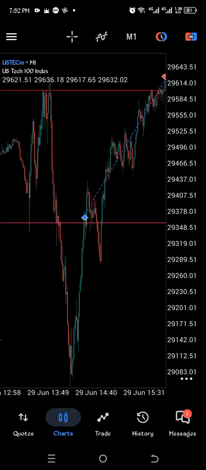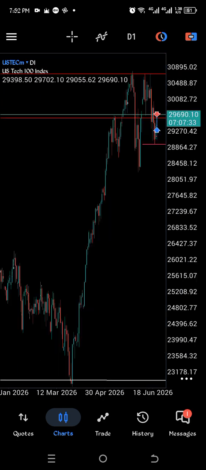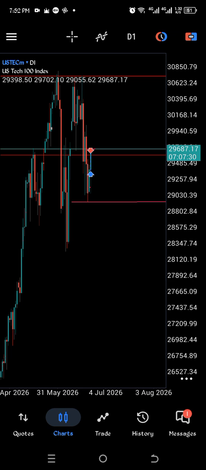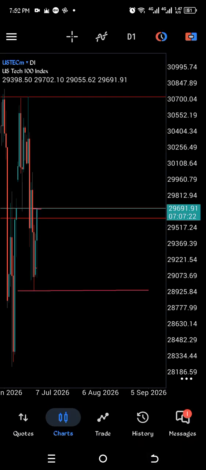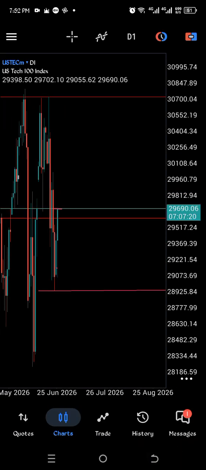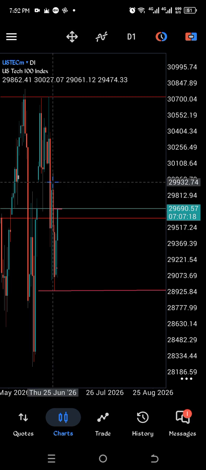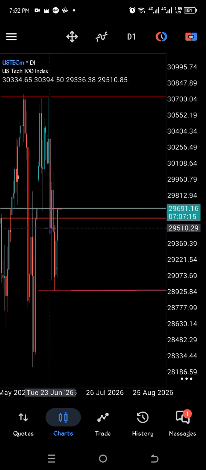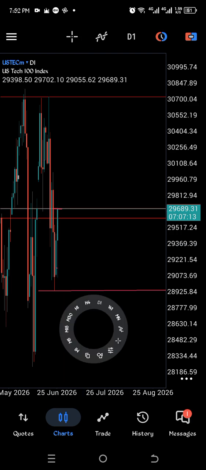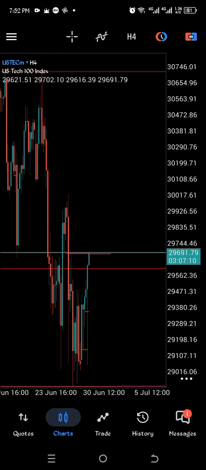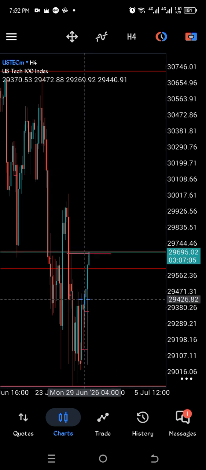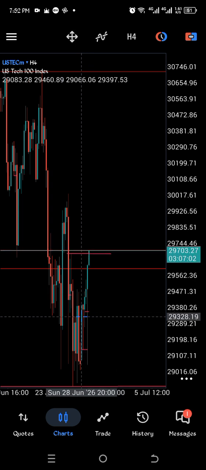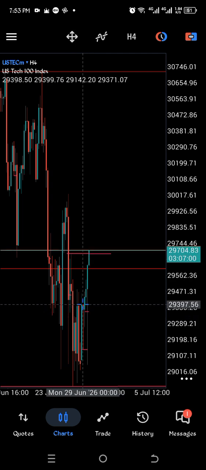First things first, today's bias was a little bit confusing, but I managed to get it right. So we came on the daily. As you can see, the daily was bearish on NQ. Then I went on the 4-hour. On the 4-hour, we had started having price displacement to the upside, like we had inverted this 4-hour bearish fair value gap. We were flowing to the upside,